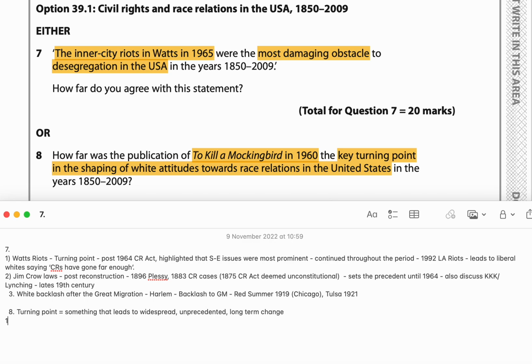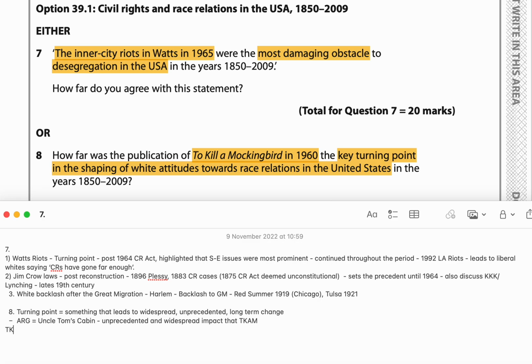Okay, so is To Kill a Mockingbird the most significant turning point? I'm going to argue, for the sake of argument here, that it's actually Uncle Tom's Cabin. It had a more unprecedented and widespread impact than To Kill a Mockingbird. Okay, so paragraph 1